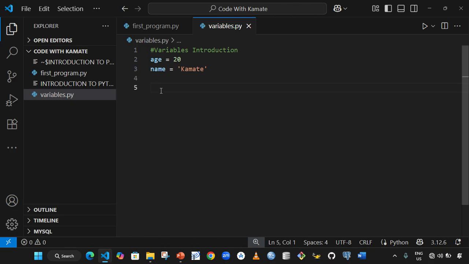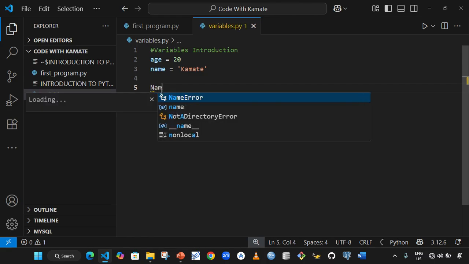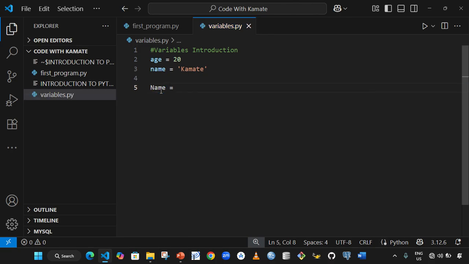Now, a variable cannot start with a capital letter, like Name, like this. This one will not act as a variable. This one will not work. It cannot start with a capital letter. So this one is wrong. That is one. Then two, a variable must